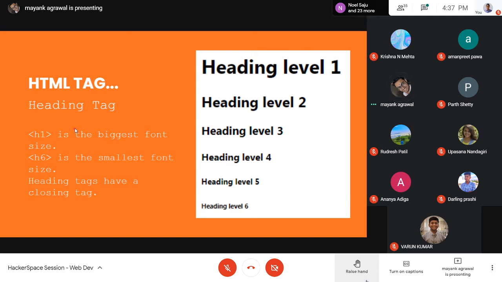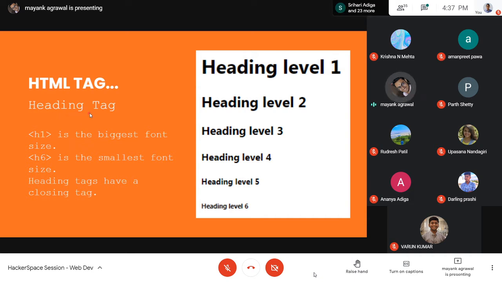Also, these heading tags are not empty tags. An empty tag is one that doesn't need a closing tag. Say you want to just skip a line, then I don't think you will want a closing tag for that, because the moment you say you want to skip a line, it should end over there. You don't want to explicitly write that you want to skip a line and close it over there, right? So those tags which don't have a closing tag are called empty tags.